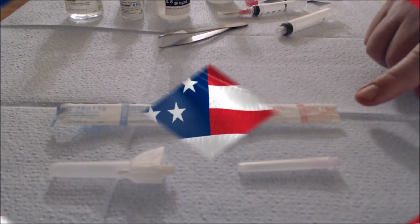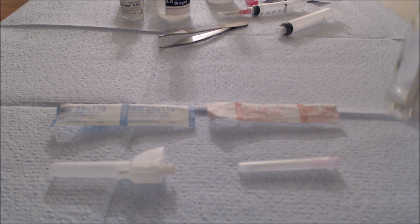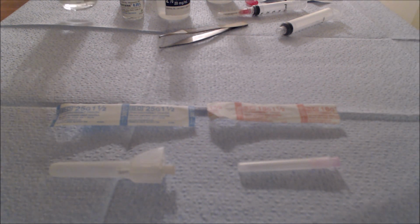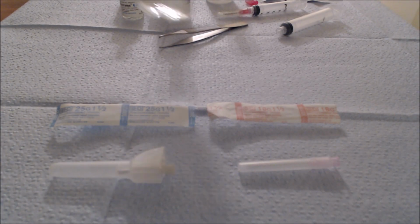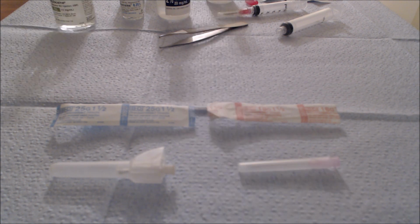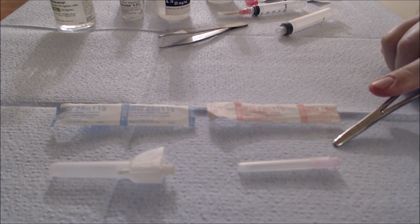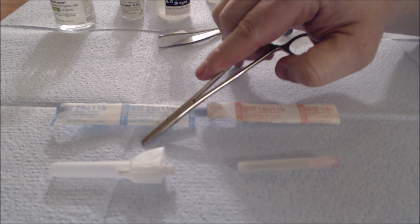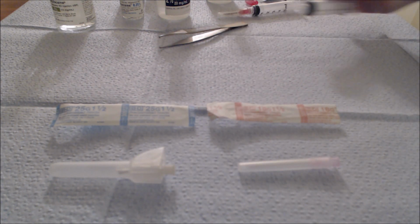You'd want to use a large needle, like this 18 gauge needle, to draw the medicine out of a bottle, especially a large bottle like this. If you use a small needle, like a 25 gauge needle, you'll spend forever trying to draw it up from a bottle because of its small bore size. So what we generally do is use a large bore needle, like an 18 gauge needle, to draw the medicine up, and then a 25 gauge needle to actually use to inject the patient. And they're switched out after drawing